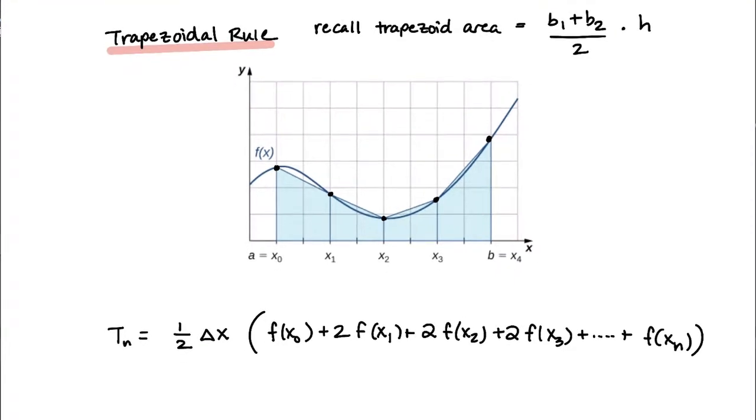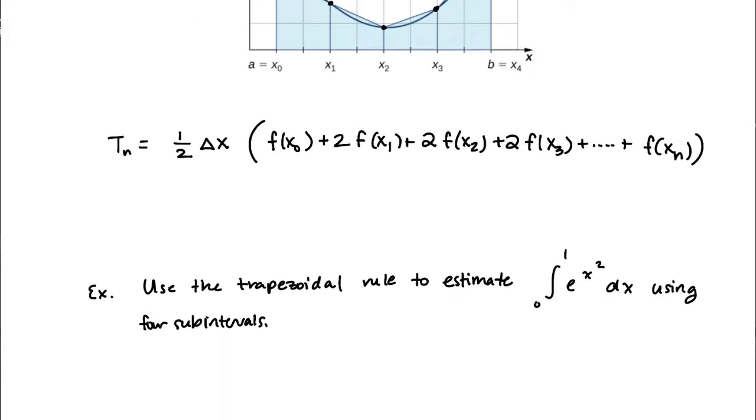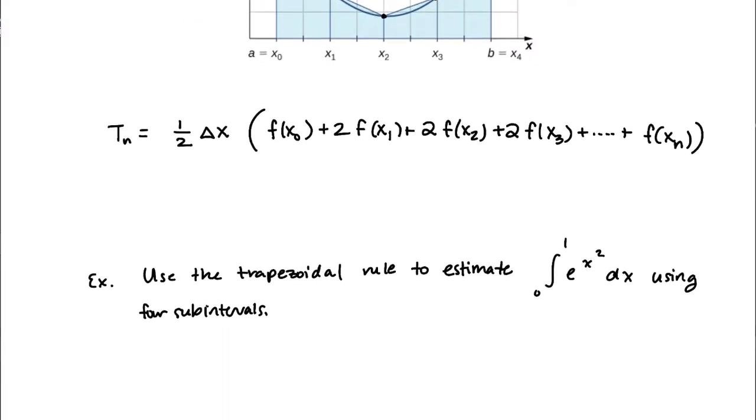Okay, so that is our trapezoid rule. Let's go ahead and use it. And this time we're going to estimate an integral that we could not exactly integrate. So if you look at the integral from 0 to 1 of e to the power of x squared, we're going to do 4 subintervals. But if you tried to compute the exact value of this integral using our by hand techniques, it's not going